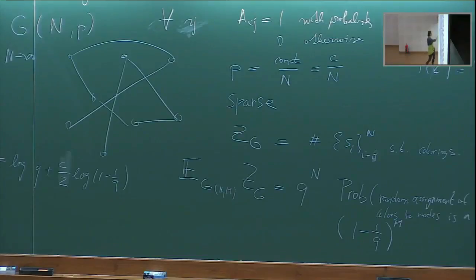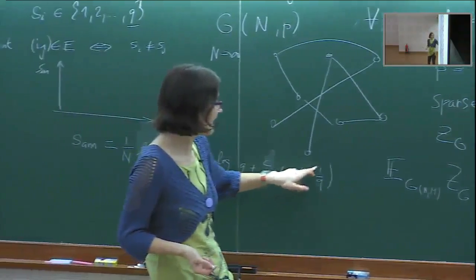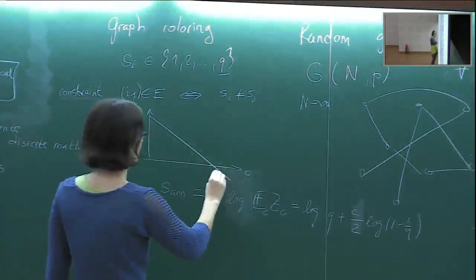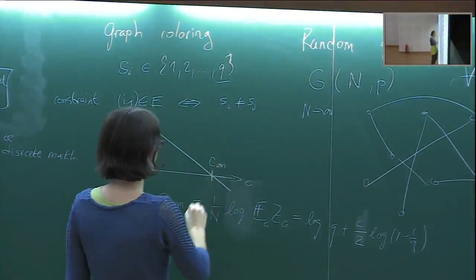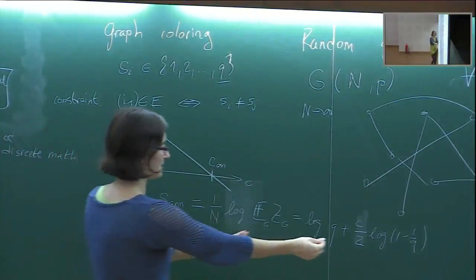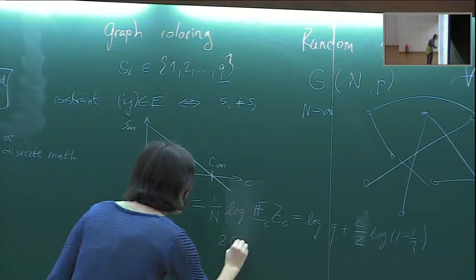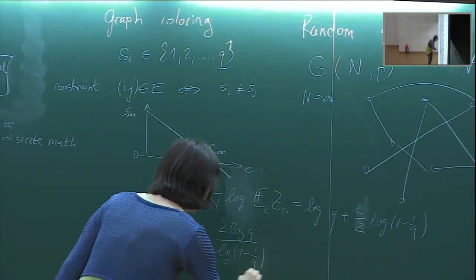But now when you draw this entropy as a function of the average degree c, you see that q is something bigger than 2 at least, right? So the logarithm of 1 minus 1 over q is a negative number. So this is something decreasing and going to 0 at something that I will call c annealed. So the annealed threshold is just when this expression is equal to 0. This is when c is equal to twice the logarithm of q divided by the logarithm of 1 minus 1 over q, with the minus.